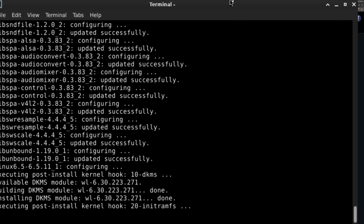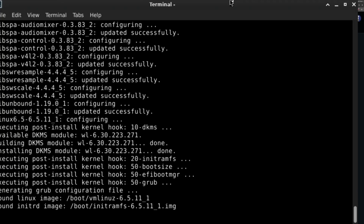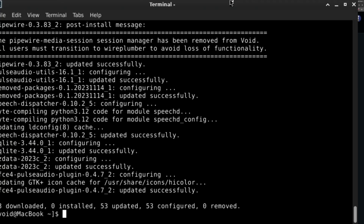It kind of looks like macOS just a bit. The only thing I've noticed is the resolution isn't great, but I set it to like 150 zoom or something, like 125. I think I had to do a specific number or else it didn't scale. And I don't know about Wayland on this thing, but X works just fine, so you should be good. That should get you going on Void, if you decide that's the way you want to go